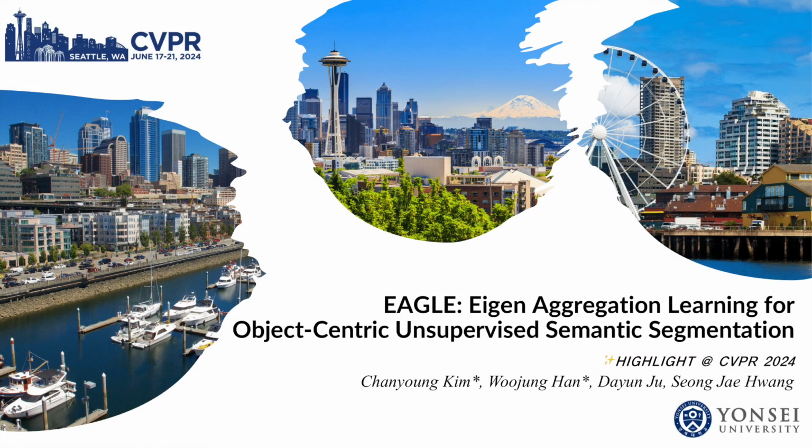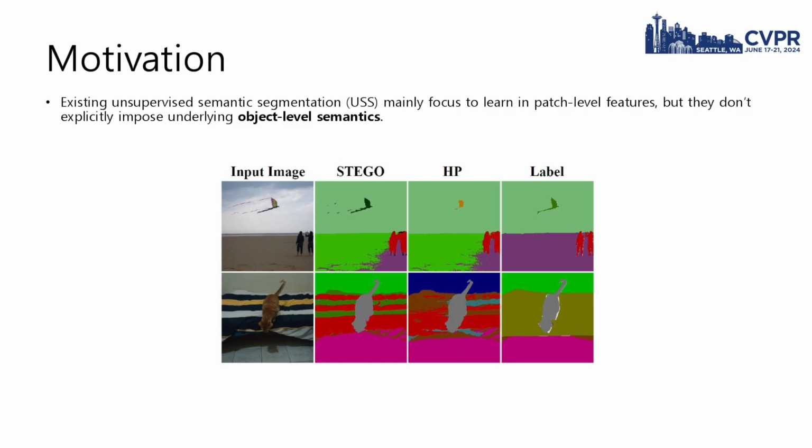In this presentation, we will present our work on Eigen aggregation learning for object-centric unsupervised semantic segmentation. Recent unsupervised semantic segmentation methods have trended towards using vision transformers to learn rich patch-level features. However, they mainly focus on learning patch-level features without explicitly imposing underlying object-level semantics, which is crucial in semantic segmentation